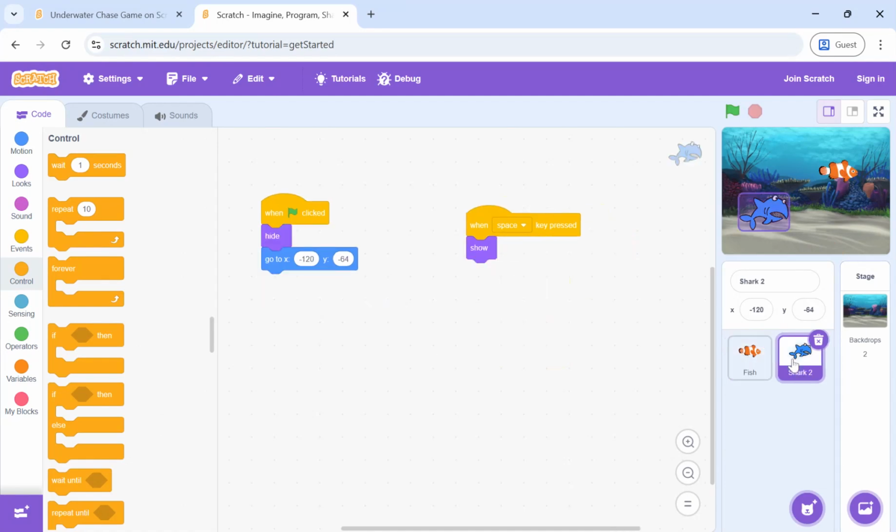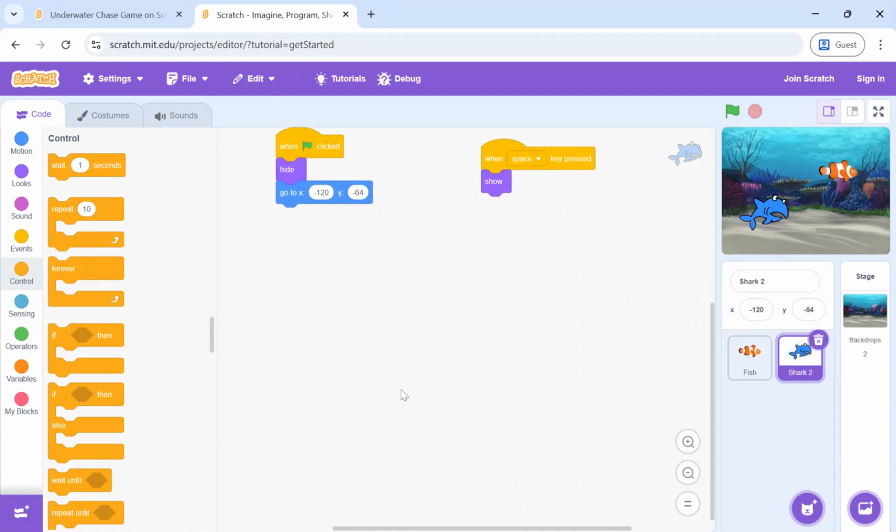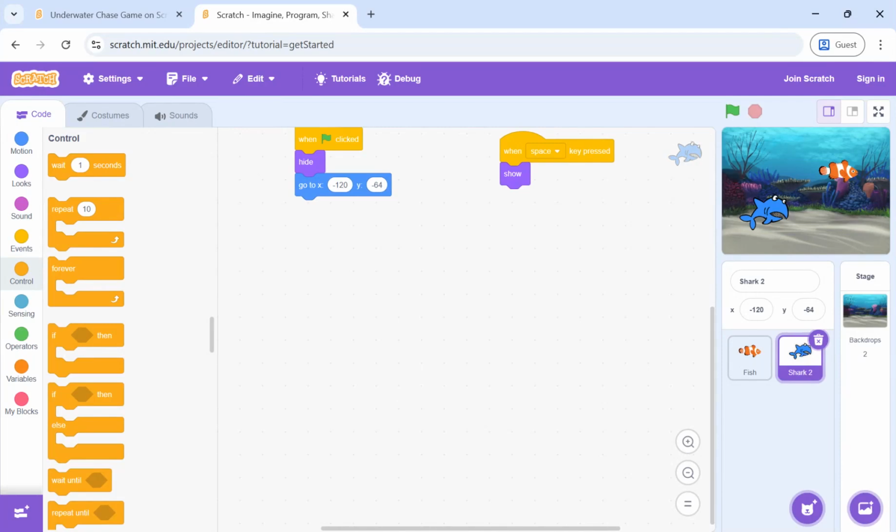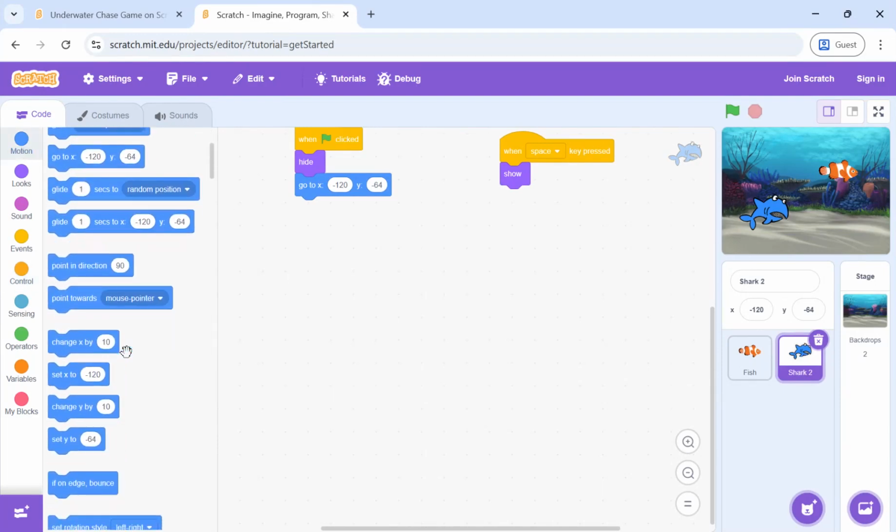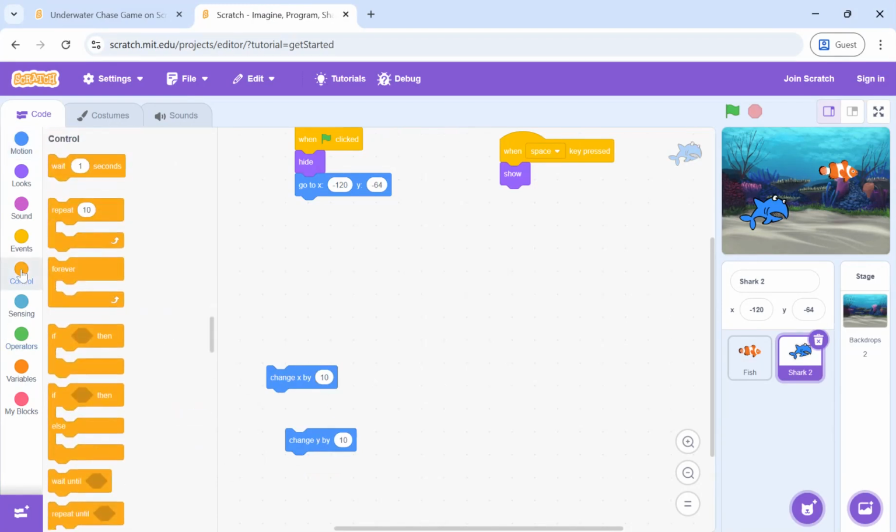Now we are going to code the shark. So the shark is actually moving with arrow keys. The shark can go up, down, left or right. We have discussed the X and Y blocks. To move right or left, we use X. To go up and down, we use Y. So I'll go to forever, and if